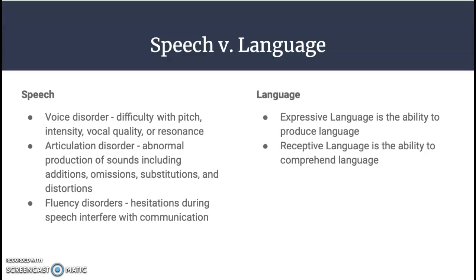Receptive language, on the other hand, is the ability to comprehend language. An example that one of my resources gave, from a textbook, was a teacher asking students to look at a picture of a map on one page, but the student doesn't distinguish that last consonant, hears the word man instead, and looks at a picture of a man on the next page. That would be an example of a receptive language deficit.